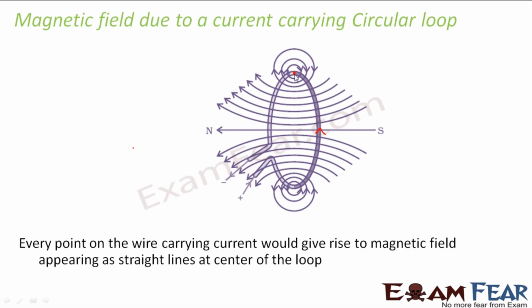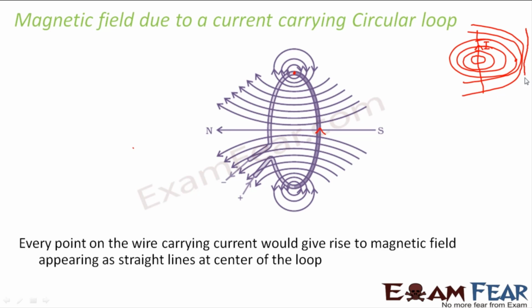In the form of concentric circles. Let us consider this point. How will the magnetic field be only for this point? If we assume that this point is part of a straight conductor, it will be in the form of concentric circles. Now as you go away, in the case of a straight conductor also, we saw that this is the pattern of the magnetic field lines, right? The farther you go from the current carrying conductor, the curvature reduces. If you go to a very far off point, it will almost become straight. This curve will almost become a straight line. So the same is the case here.